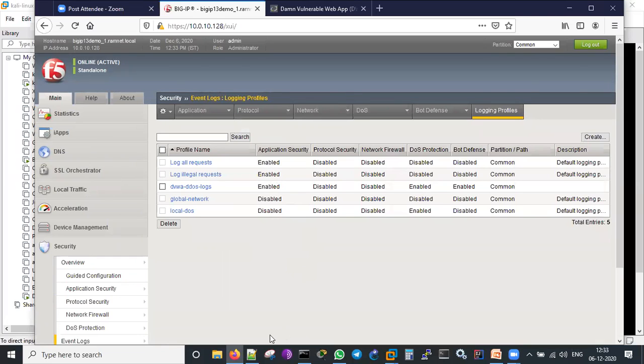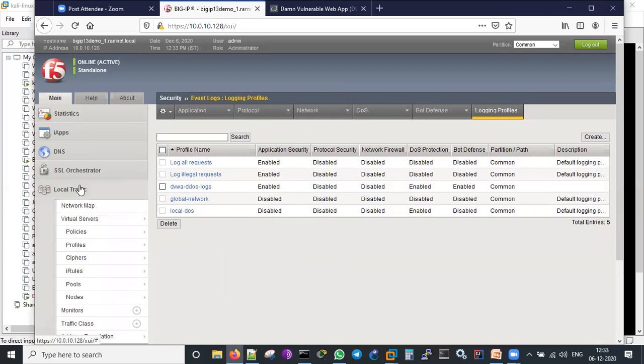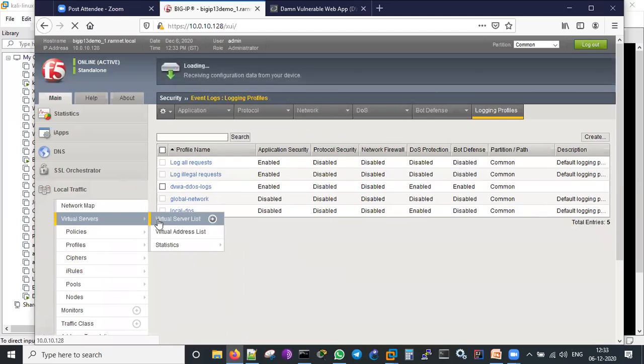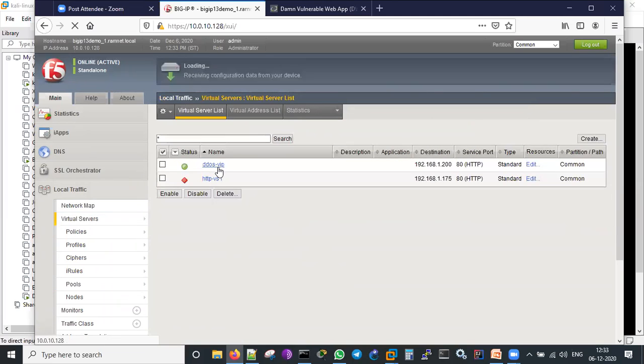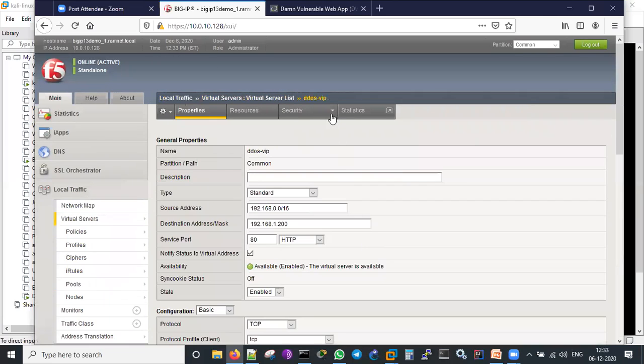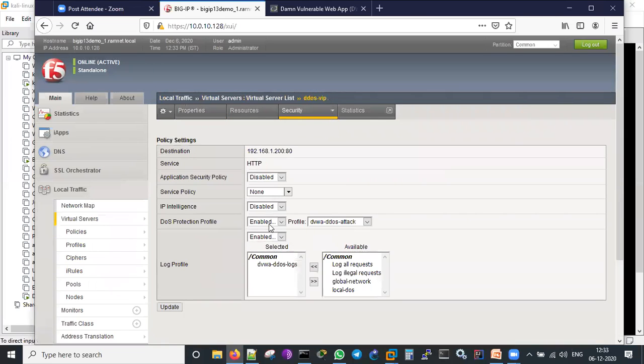And after creating the profile, we need to put it across this. We need to apply this profile to the VIP because external customers are accessing the VIP only. So when we are applying it, we just need to make it enabled. Then from here, we will be able to get the profile which we created. We can assign it to this VIP. Then we can just click update. And the log profile also we will have to create.